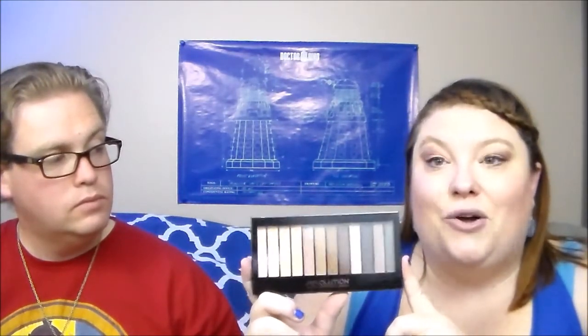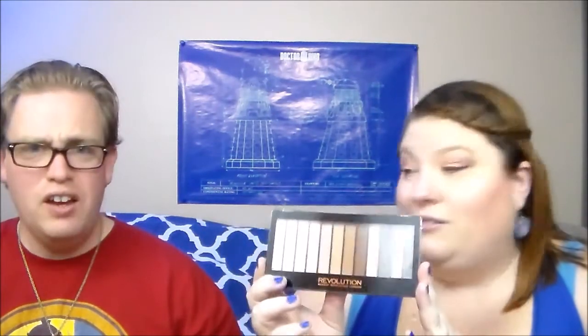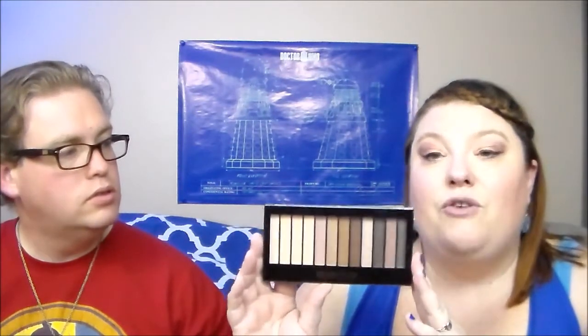So I never made my order, but now they're actually bringing these into Ulta. We saw the display. Oh yeah. So they're bringing that in. There's a lot of different colors in this one too. They have a ton of different palettes for lots of different things, but this is the Essential Mattes 2, which